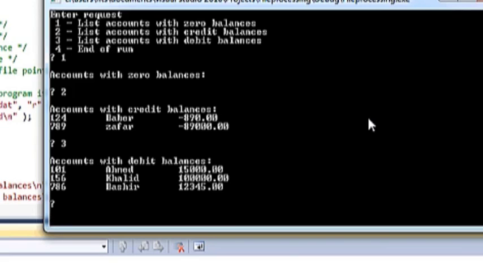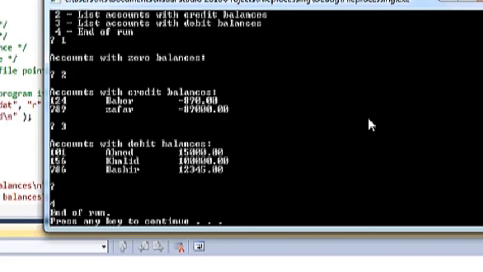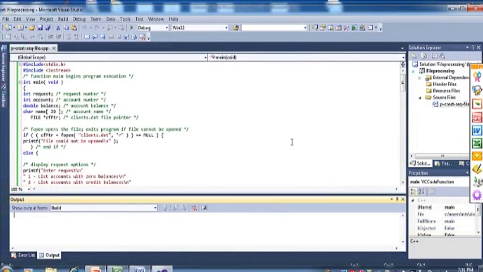Okay, it will not stop until I say 4. Choice is 4. If the choice is 4, then end of the program and press enter to continue. Okay,